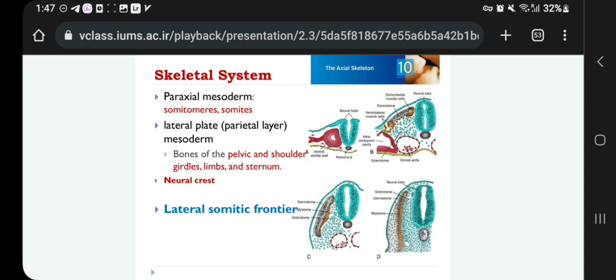The lateral plate mesoderm is split into two layers. One layer covers the yolk sac and makes the splanchnic or visceral mesoderm, and the parietal layer is under the